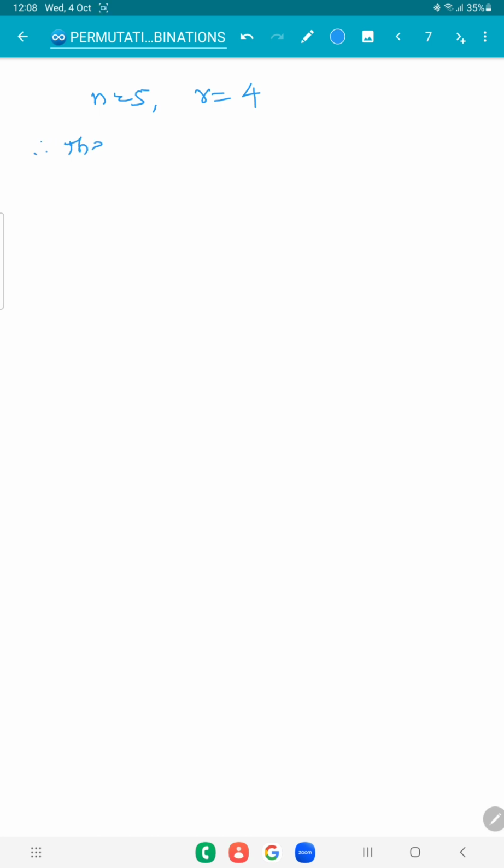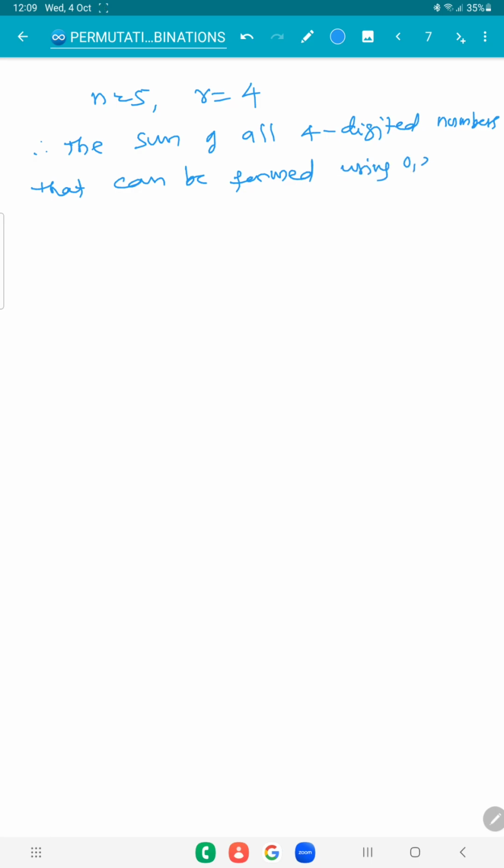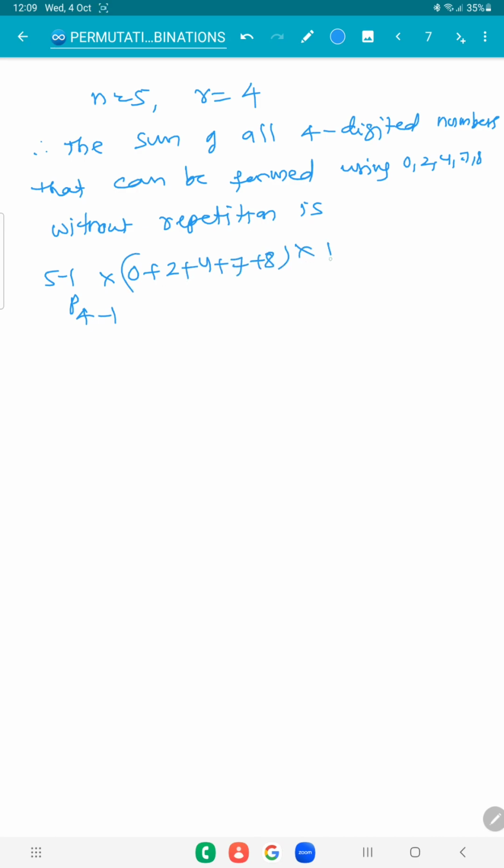Therefore, the sum of all 4-digit numbers that can be formed using 0, 2, 4, 7, 8 without repetition is (5 minus 1)P(r minus 1), the sum of the digits 0 plus 2 plus 4 plus 7 plus 8, into 1111, 4 digits, minus (5 minus 2)P(4 minus 2), the sum of the digits,